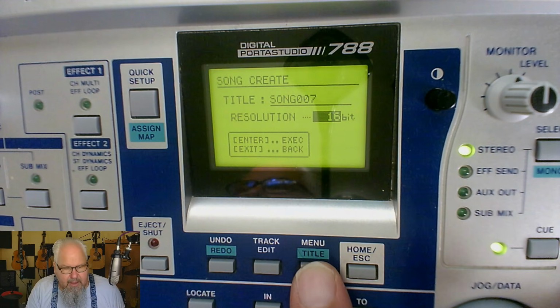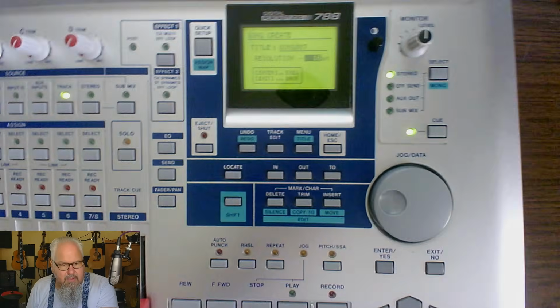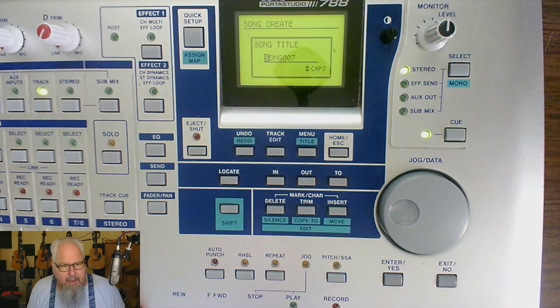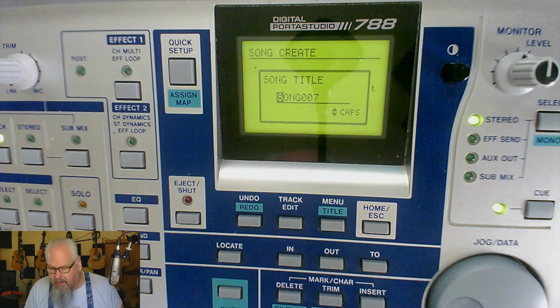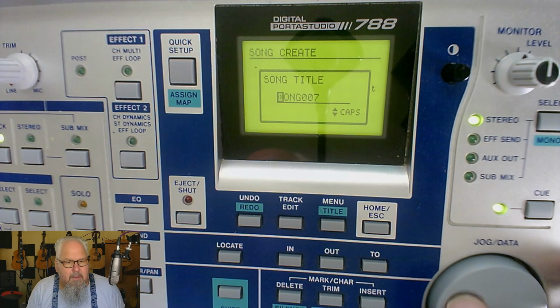Okay, you see I got the title button here. It's highlighted blue, which means I have to hit the shift button. The shift button is here. So shift, title. Now it asks me for a new title, and you use the jog button, so you can see my finger over there in the corner. Just for fun, we're going to change it to